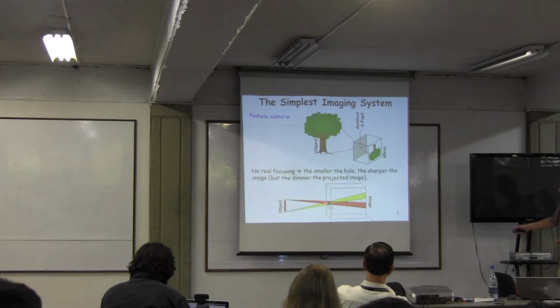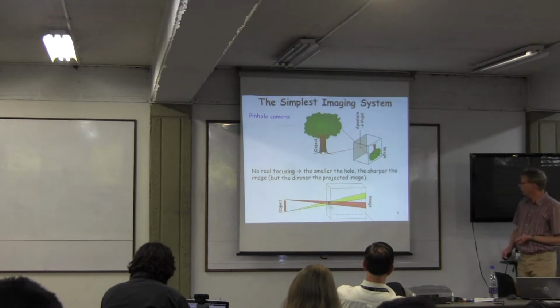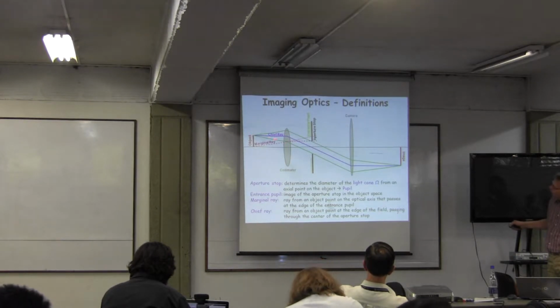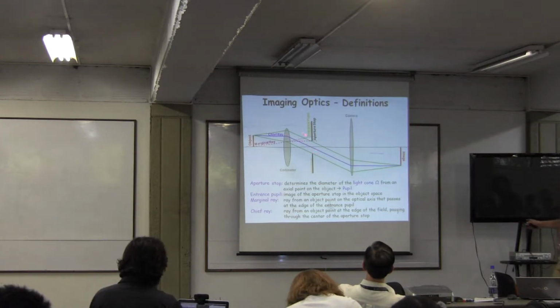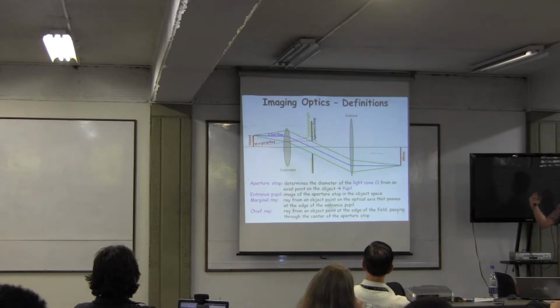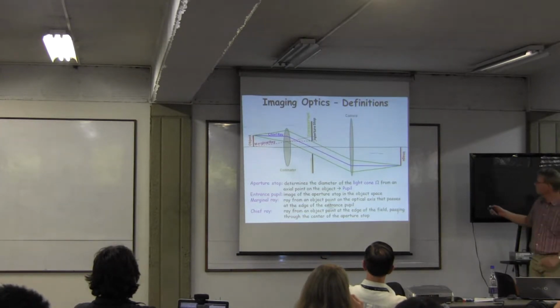And no light outside of this hole will enter the camera. So we have the same here. The green rays essentially define the bundle of rays from any object point. You can draw the same first from this object point or from this object point. But the size, the divergence of this beam, so the angle here, is simply determined by the size of your pupil, your telescope, or your lens, whatever is limiting the beam,